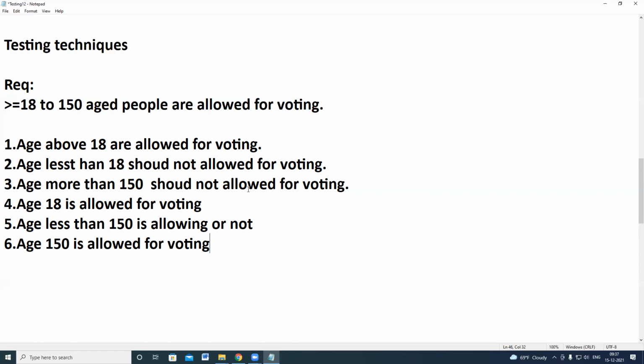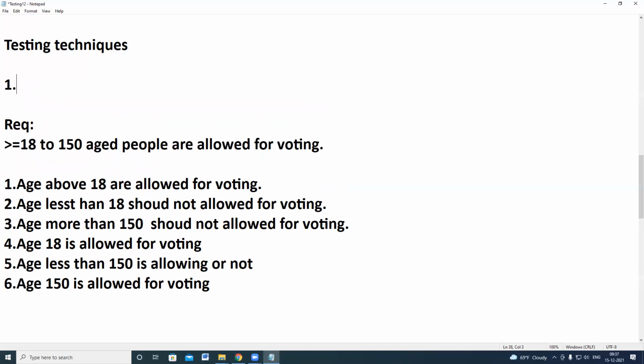Understood? So the optimized way. How many combinations you have written is not important. In an optimized way, with a smaller number of test cases, you have to test the functionality. So whenever a developer is giving these combinations, we will follow a testing technique called boundary value analysis.